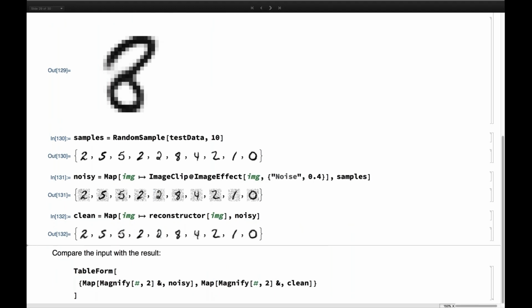Pretty much like a human being, you will still be able to pick up the number that's being hidden by the noise, because you know it's a number, you know what kind of numbers there are, what shapes they have. All that is in the network, and therefore that network can process that noise better than any ordinary noise reduction filter that would not have this prior knowledge about handwritten digits.